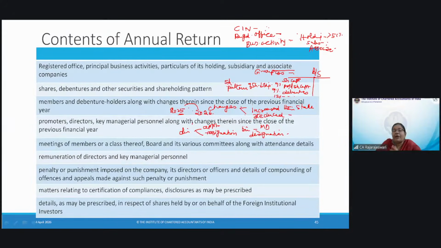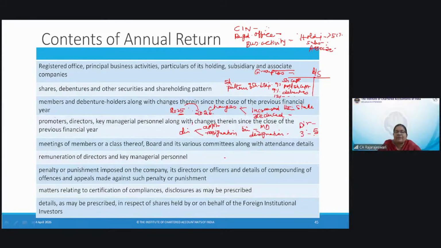Or a person has been appointed fresh as a managing director of the company, or new directors are appointed. In that case, you have to mention the new appointment, that this year this director has been appointed. Suppose existing is 3 directors, now that has been increased to 5 directors. That is also a change. So any change which has taken place, either by way of appointment, resignation, or change in designation, or a cessation of a director, then you should mention all those details. Not only for the promoters, directors, key managerial personnel, so everything you have to disclose